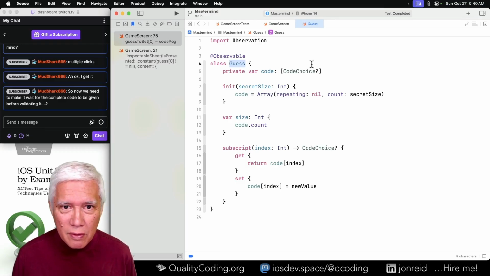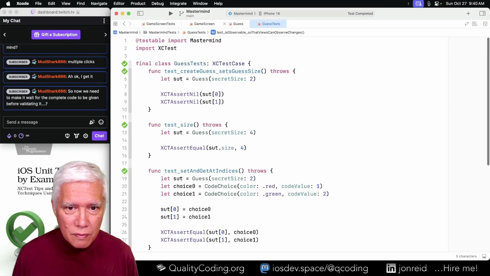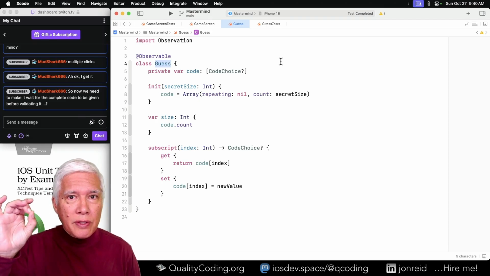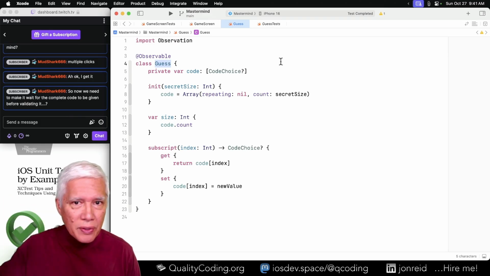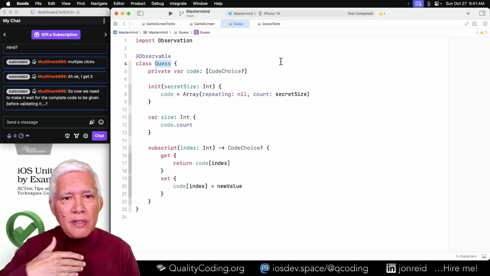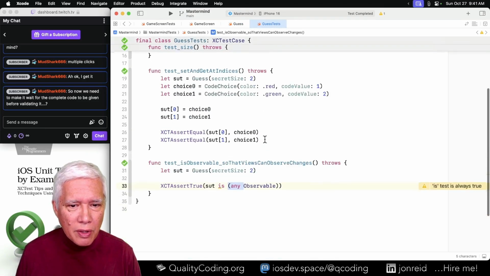No. Okay. So I think what we want is a new method to say, is it filled? Is it full? And that may still be handy. Even when we have the button to submit the guess, I think the button shouldn't be enabled until you've filled in everything. And so rather than is guess done, it's like, is it filled? Is the question. So let's work on that.